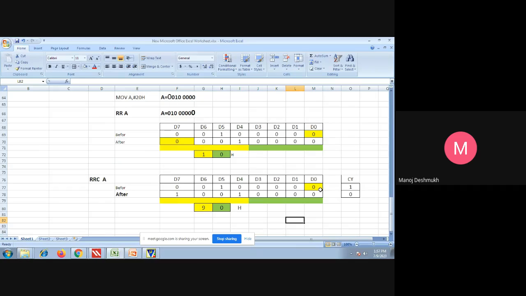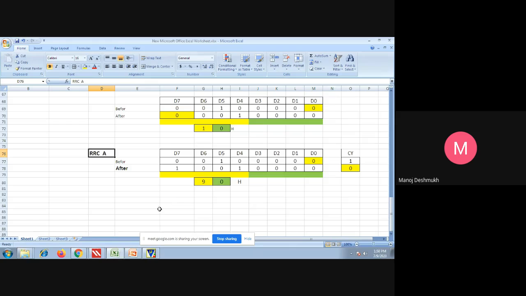So after D0 it will move towards D7, and D7 goes to D6. So 0 here 0 0 0, cross 1, this comes back here. Okay, so 9 0 is your answer for the